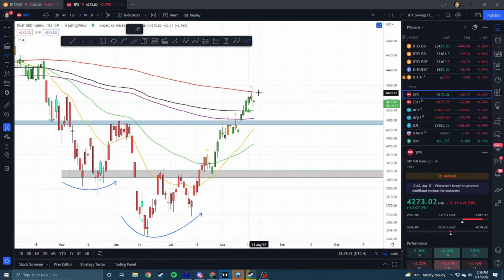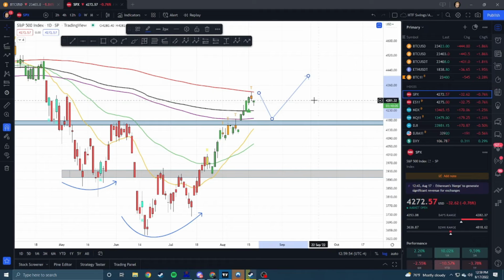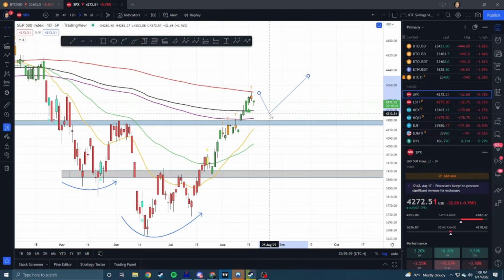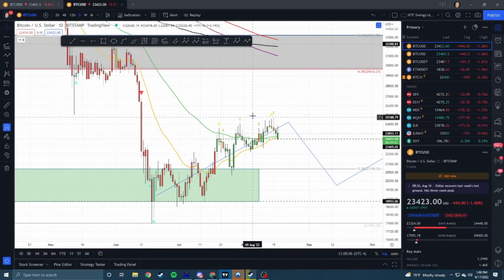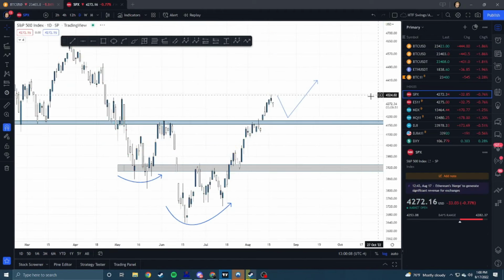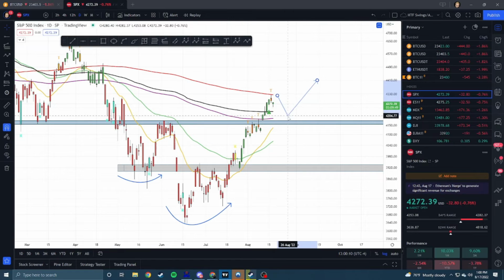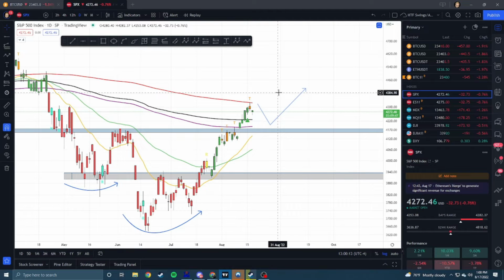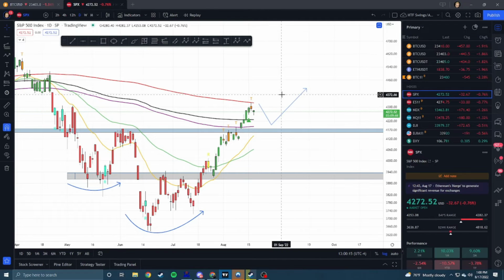Corrections are always good, and they're very healthy because they give more buyers the opportunity to enter the market. And how this pullback plays out, because we're not in a 1-to-1 correlation but we're in the same directional relationship with Bitcoin, can dictate how much of a move we could expect in Bitcoin. Obviously, volatility is higher in Bitcoin, but according to my analysis,